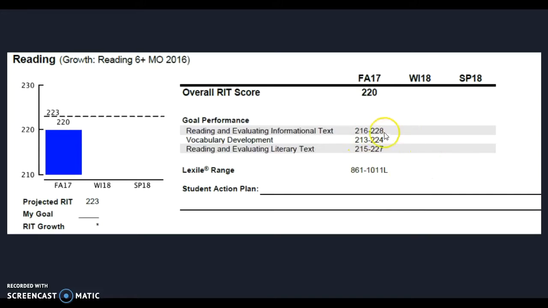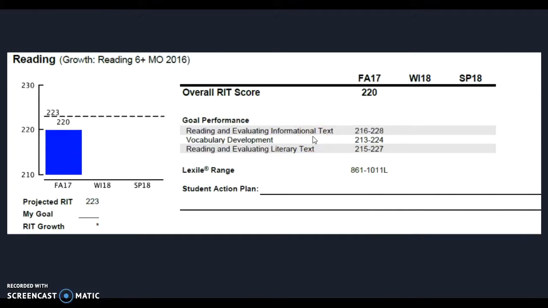You'll also notice for this one that there are no areas that are highlighted yellow or green, or that have any white font, or are bold or italicized. That doesn't mean anything negative. It just means that it was an average performance for all of those goal areas. So as this person was writing the rest of their action plan, they may pick a single aspect of this that they want to focus on.